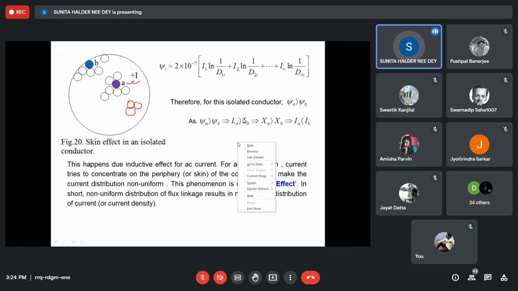But if the cross section is very small, like this, then the non-uniformity will be less. In that case, it will offer a smaller difference in resistance as compared to its DC resistance. That's why we cannot go beyond a particular cross section of the conductor. If the system demands a higher cross section of the conductor, it may not be possible. That's why we go for double circuit lines also.